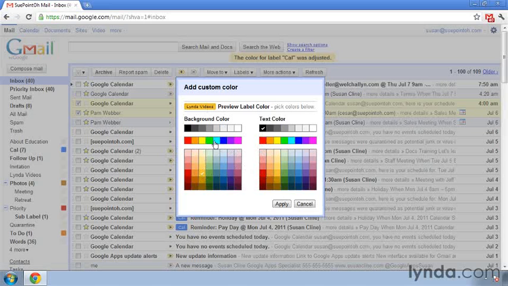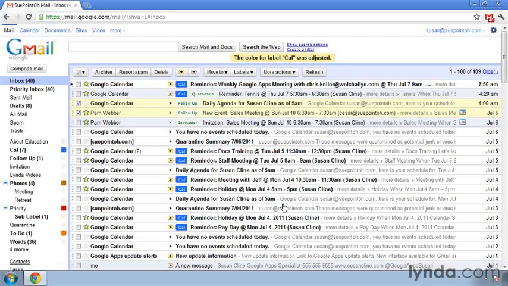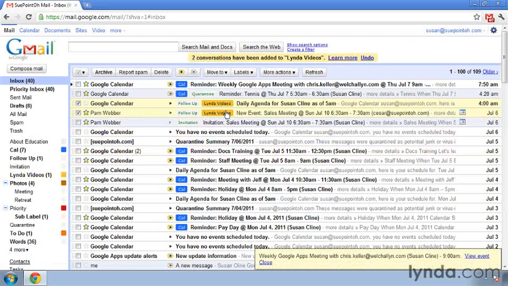And I can play around with that. I can choose another shade of yellow or this bright yellow. I think this yellow looked the best. Let's go back to black text color and I click apply, and I've now just created a custom color. So now when I add this Linda Videos tag, it kind of looks like the Linda color. So that's fun if you're working with a certain brand or maybe a university to create labels that match their